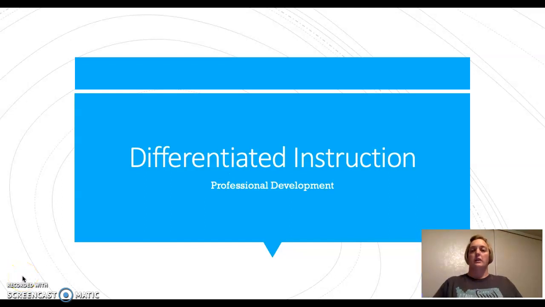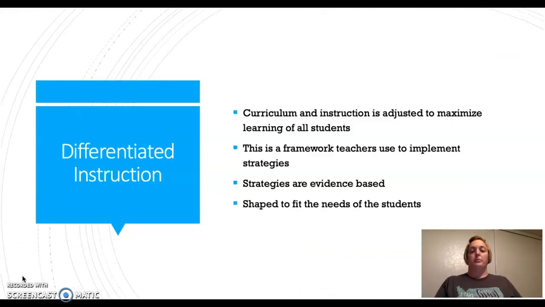Differentiated instruction. There are many forms of differentiated instruction. Today we are going to discuss an approach of differentiated instruction for those possibly with special needs or disabilities, as a normal classroom would do differentiated instruction. There is curriculum and instruction that is adjusted to maximize the learning of all students. Teachers do this so that the students will be able to learn as well as all the rest of them,